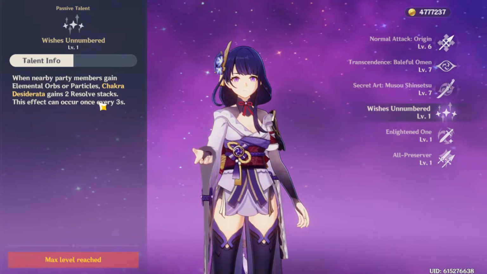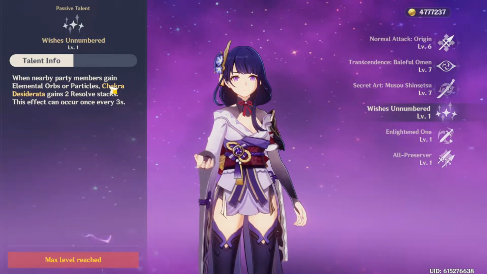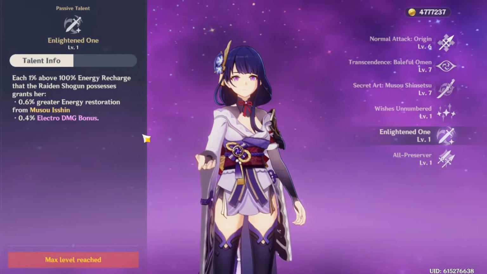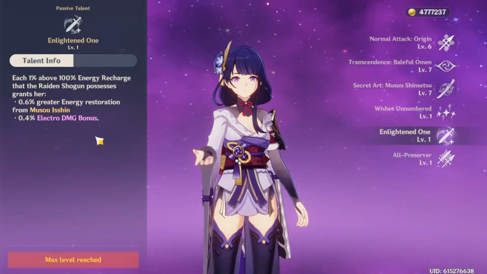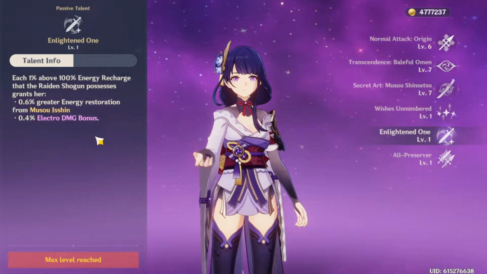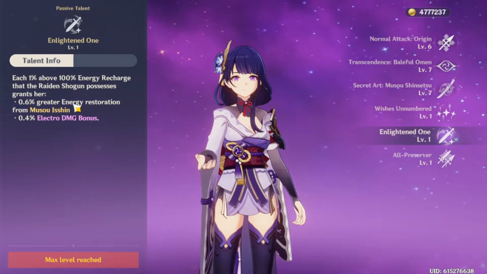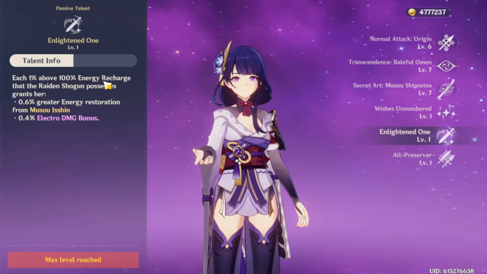So as you can see here, her passive talent allows you to gain resolve stacks once party members gain energy. You can have this effect every 3 seconds, so that helps you build the bar, or fill the circle, a bit faster. And then this passive talent is very good once you get, I think, ascension level 60. Just like with Zhongli when he gets his HP buff, and it makes him a bit of a different character. This will make Raiden feel like a bit of a different character, because she gets Electro bonus damage and greater energy restoring for your other teammates, based off being over 100 energy recharge,